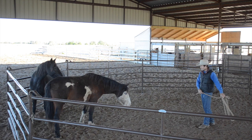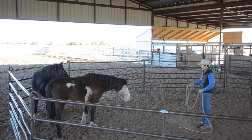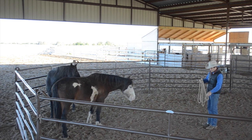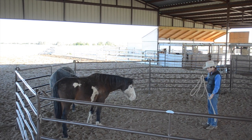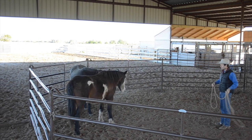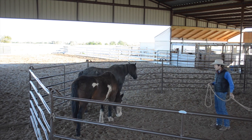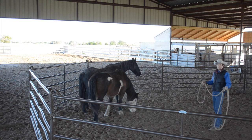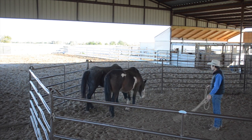And so she's not really concerned by that. So she almost acts like somebody's played with this with her. And she's the most laid back one of the group of the three here. So now she's pretty good with that, and she's coming along really well. With some horses you might spend 5-10 minutes of just throwing it out and around, but she seems to be